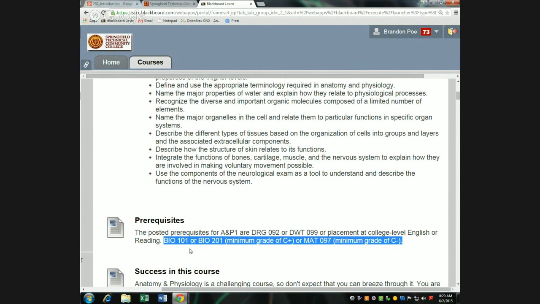What we did is we took everybody that's taken A&P 1 and looked at the different factors that seem to go into their success, looking for people that did better than a C or whatever in the course. And what we found is one of the best representations of that is if you've taken Algebra 2, which I think is what 97 is, you're probably going to do better in A&P than if you haven't taken that. It doesn't give you the background of the biology and chemistry, but what I think it means is that it does give you the background to think in a logical way and understand